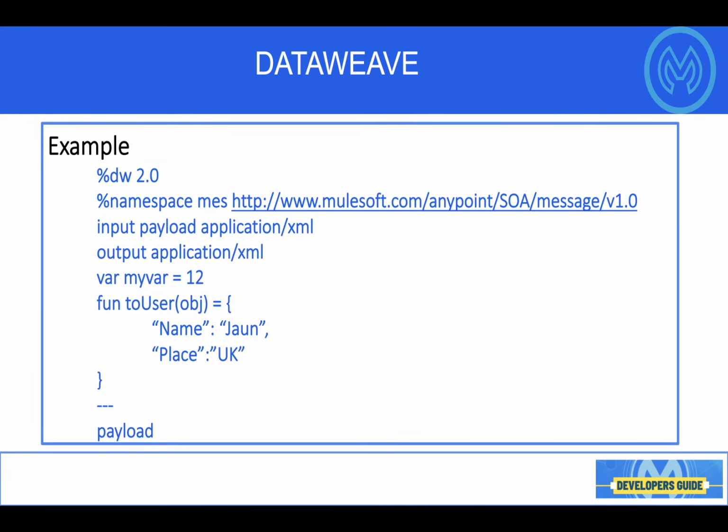Now what will be the syntax of this? First you need to write the fun keyword, and then you need to write the function name. This is the function name, and then this is the input parameter. Whenever you are calling any function, it's not mandatory, but sometimes you have to provide an input parameter. In that case you will provide the input parameter name here. Whenever you call this function, whatever input you pass will be captured inside this input parameter. Okay, next, after this you can see this particular,